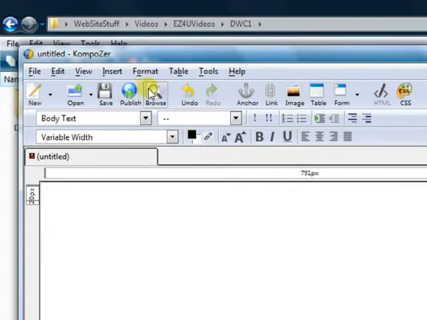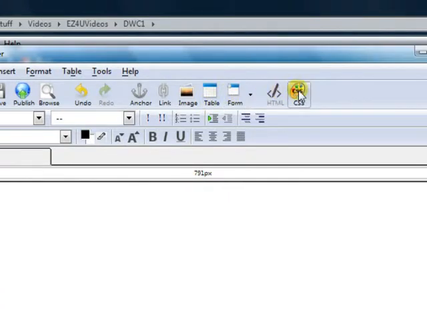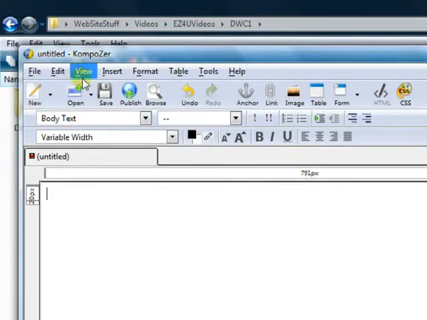Open, save, publish, browse. It's good to check your page with the browser, and this is where you would do that. Anchor text, link, these are all available up here on the menu, but these are little quick icons, table and form, and of course your CSS or cascading style sheets. Down here is